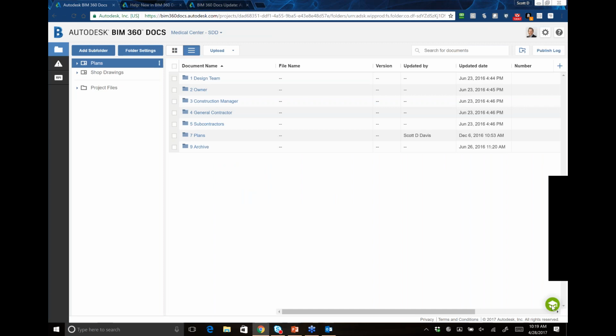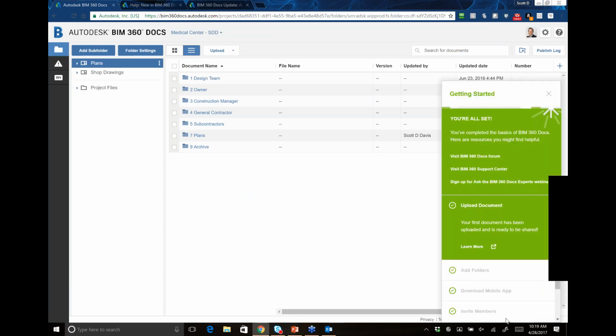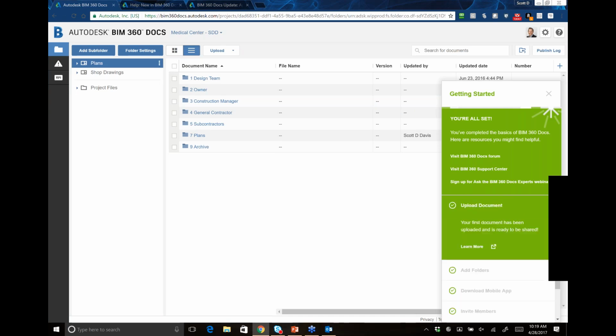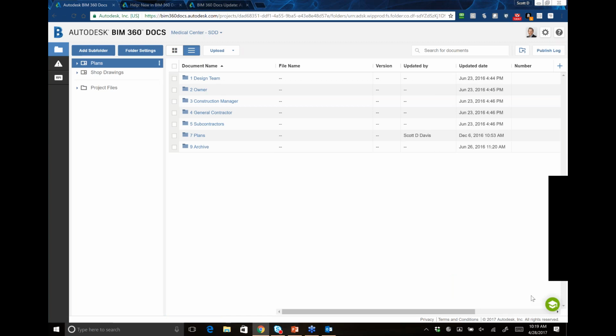of little green scholarly icon. That's your kind of quick start guide, your getting started guide. This is what I recommend everybody do when they first jump into Docs. They can quickly go through a list of how to upload documents, how to add folders, how do you get to the mobile app, how do you invite members, et cetera, et cetera. And once you get through that, and it doesn't take very long, I would say most people can get through that in under an hour, you've got a pretty good idea about how BIM 360 Docs works and you can